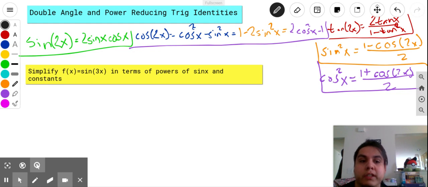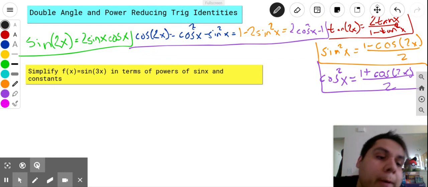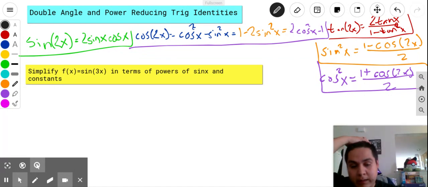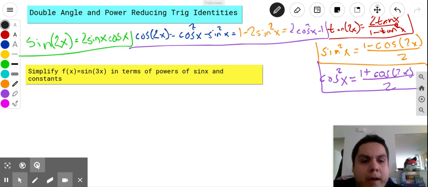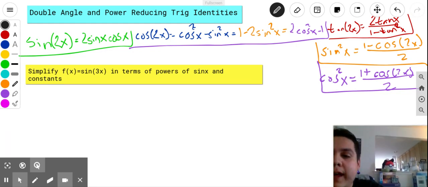In this instance, we're going to take sine of 3x and rewrite it in terms of powers of sine of x and constants. So note, I can only use sines of x's raised to powers, and I can only multiply or add or subtract numbers to those. All right. So the first thing I notice is I have sine of 3x. Well, 1 plus 2 is 3, so I could rewrite that right now as,